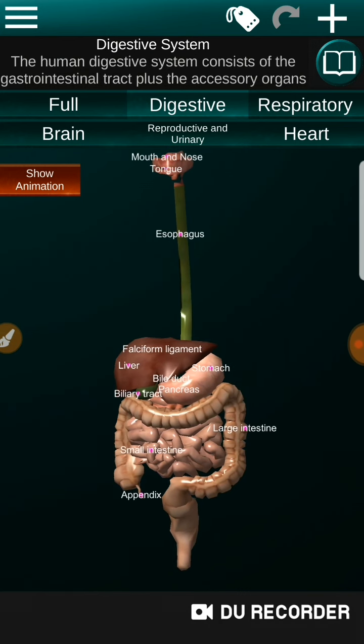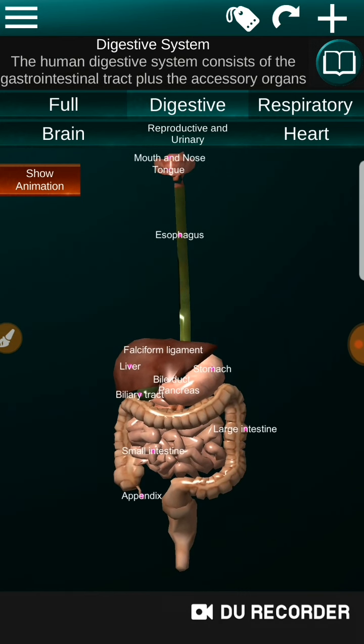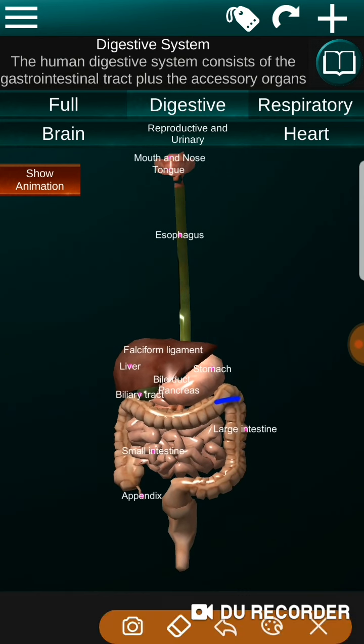Now it's the egestion part. After absorption of water and minerals, see this is the large intestine. What is the function of the large intestine? Water and minerals are absorbed there. Otherwise the main digestion is held in the small intestine. This is the last part of the large intestine, the appendix.